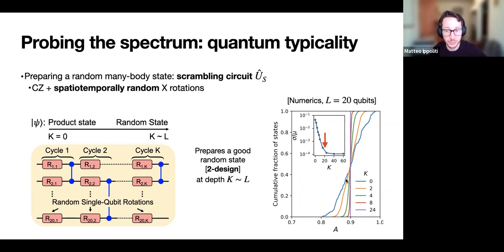And these are numerical simulations where you can see this relative fluctuation. We take some sigma z observable that we want to measure and plot the relative fluctuation on a family of these random states prepared starting from different bit strings filtered through the same random circuit. They essentially decay exponentially very quickly, and at the order of 20 cycles will bottom out at the essentially hard random predicted value. So these histograms will contract to basically a delta function, where any one of these states will do the trick and get you the spectrally averaged expectation value.